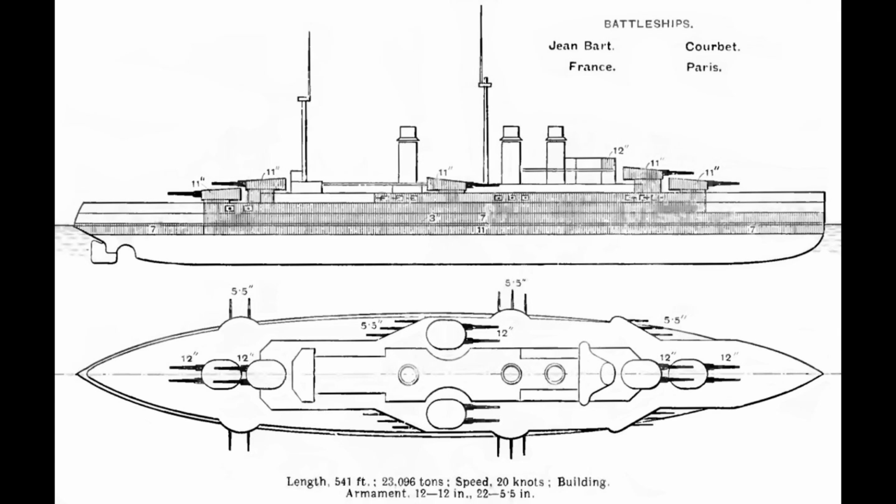A unique feature in their design was a much greater concern with underwater hits, and without the comprehensive torpedo defense systems developed later on, the designers decided to extend the armor belt well below the waterline, compared to other ships. As a result of the greater area covered, the armor, at 11 inches thick, was thinner than British or German